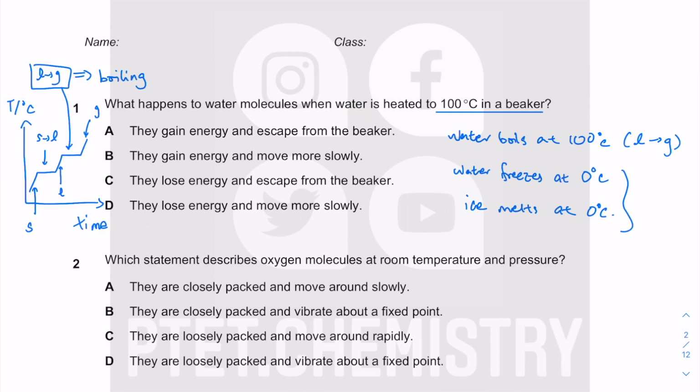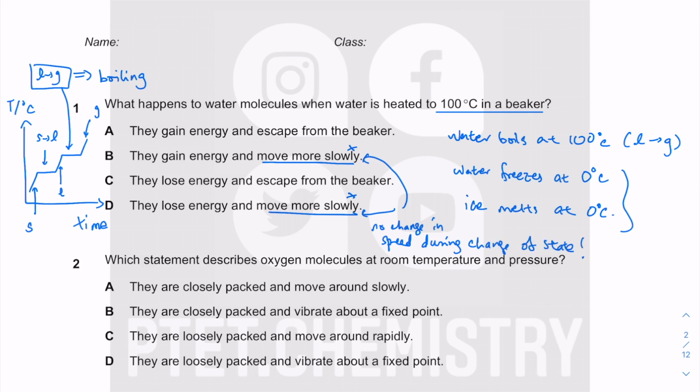A pure substance melts and also boils at a fixed temperature, or we say a pure substance has a fixed boiling point and also a fixed melting point. So this happens at a fixed temperature. Temperature is not changing here. As you can see, temperature is constant here because you do not move faster, and you do not move slower. There's no change in speed during change of state because it's the horizontal line, so temperature